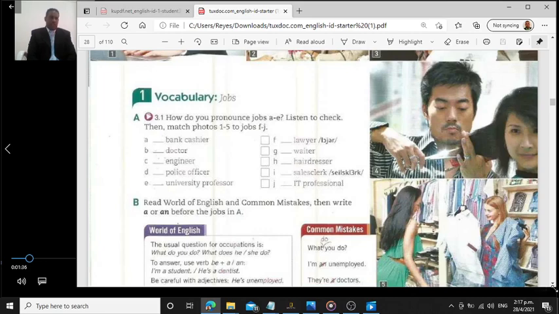All right, just in case, here we have a bank cashier, a doctor, engineer, police officer, university professor, lawyer, waiter, hairdresser, sales clerk, and IT professional. Those are the people that deal with the computers. On the next part,